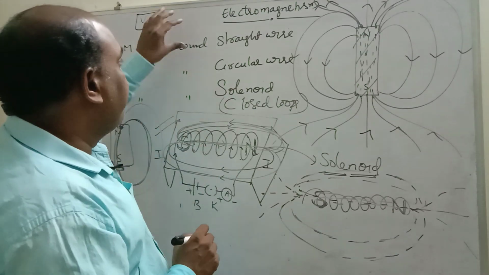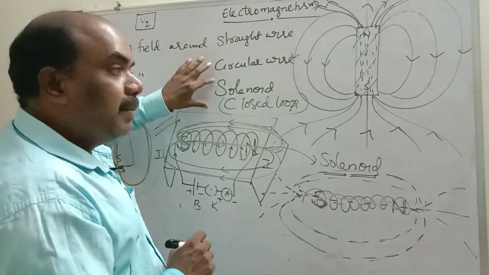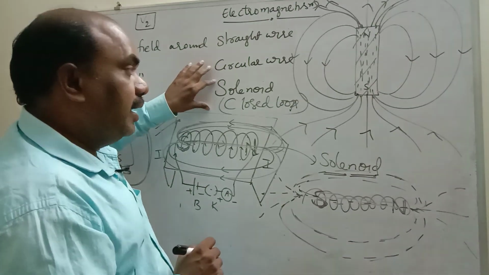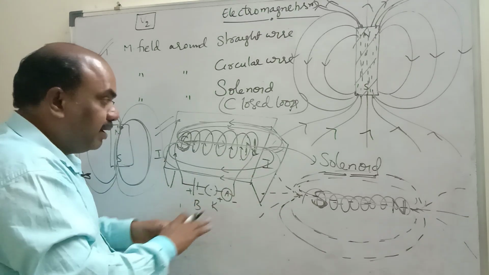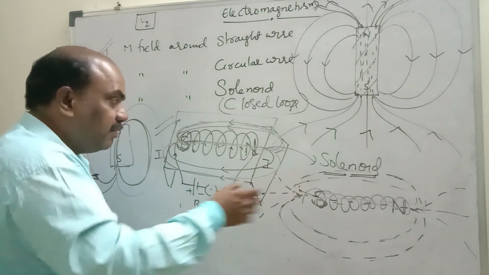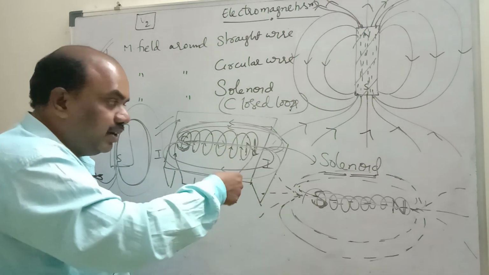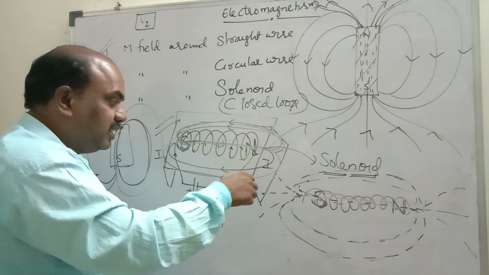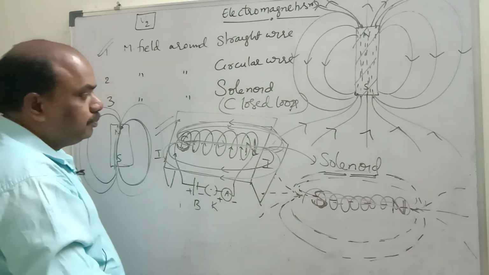Important activities: magnetic field around a straight wire, magnetic field around a circular wire, magnetic field around a solenoid. Once again I will explain the solenoid. Take a U-shaped wooden frame, paste a white paper on the surface of it, make holes at equal distances, wind 24 gauge copper insulated wire, 5 to 6 turns, connect the two terminals to a battery, and plug an ammeter in series.